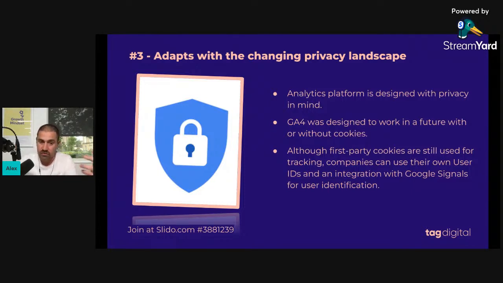The first thing which is new to GA4 is anonymizing IP. By default, IP addresses are anonymized, and these settings cannot be adjusted. This is really privacy friendly, and it was not a feature in Universal Analytics.